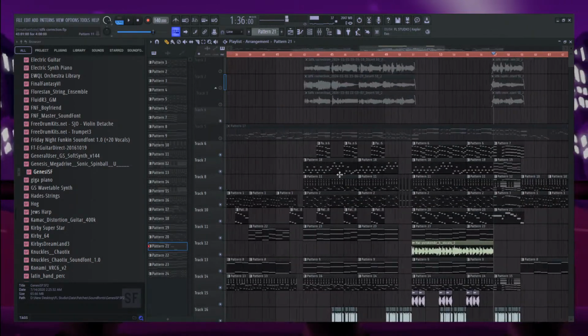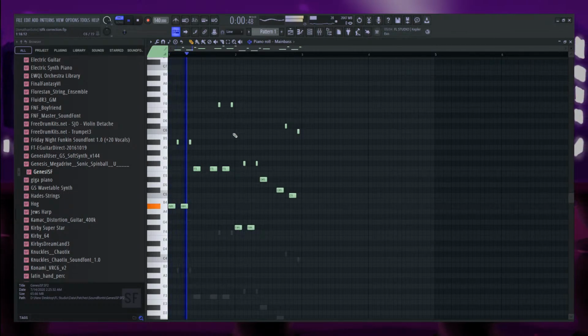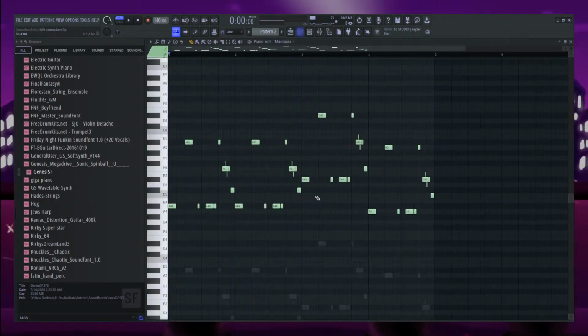You're also gonna notice that the chord progression changed. It went from